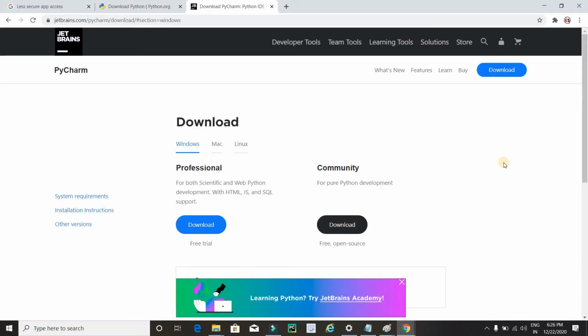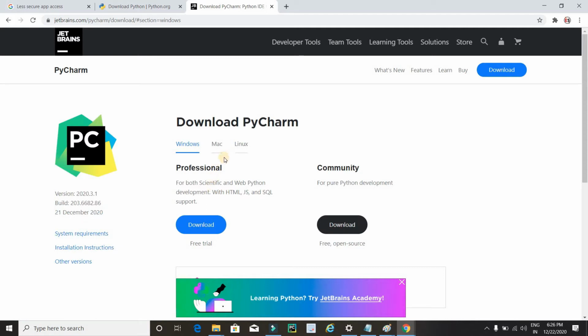After this, you will get the official website for downloading PyCharm. If you click on this blue download button, then you will go for the professional version of PyCharm, and for this you have to pay after some days. But if you want to download the community version, then it's free and open source. So I would like to suggest you please download this version. And when you click on this button, you will get the exe of this software, and it's very simple to install this software. Just download it and install it into your system. Now I am going to tell you the further step.